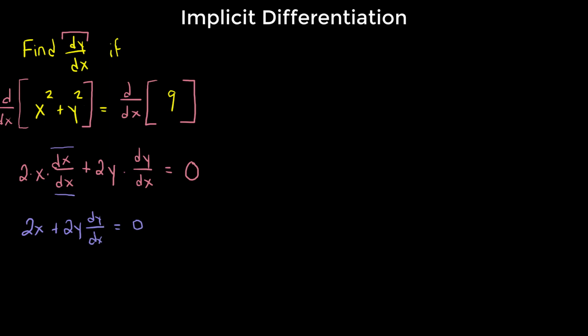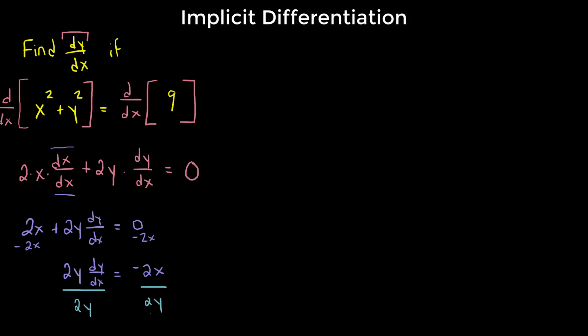To isolate the dy dx, we can treat it like its own variable. We're just trying to isolate this variable. So first, we see that we have an extra term. So subtract 2x from both sides. Then afterwards, we'll need to divide 2y from both sides. So first, like I said, subtract 2x from both sides. Over here, over here. So this means we'll be left with 2y dy dx equals negative 2x. And then, like I said earlier, we'll be dividing by 2y